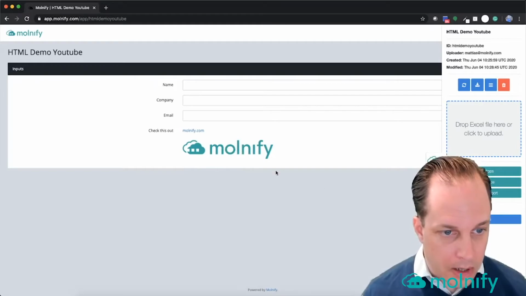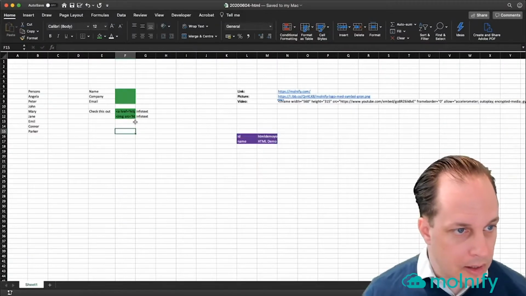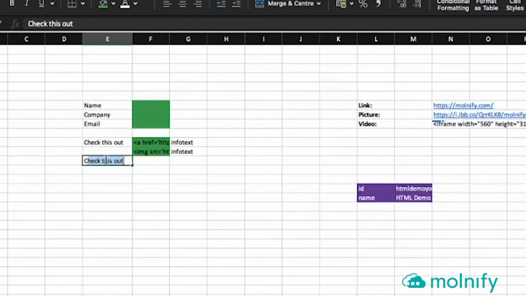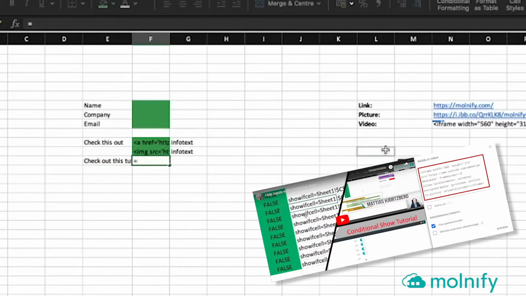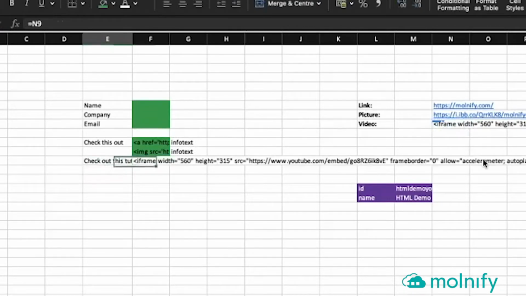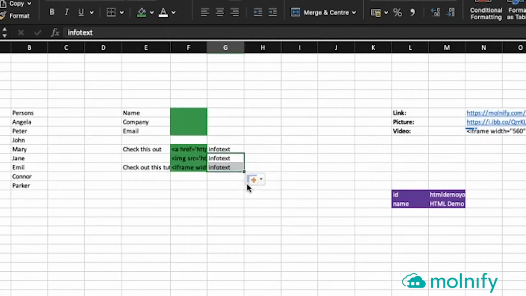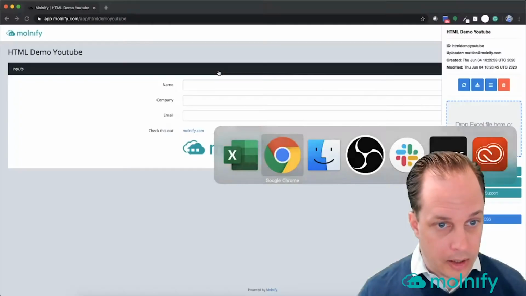Now underneath here I would like to embed a YouTube video, and to do that I'll go back to the Excel file and I'll type check out this tutorial. And since YouTube is kind enough to supply HTML code for embedding videos, I can just make a cell reference up to the code that is in this box here, and I'll turn it into an input by coloring it green. Then I'll pull info text down, save the file, and